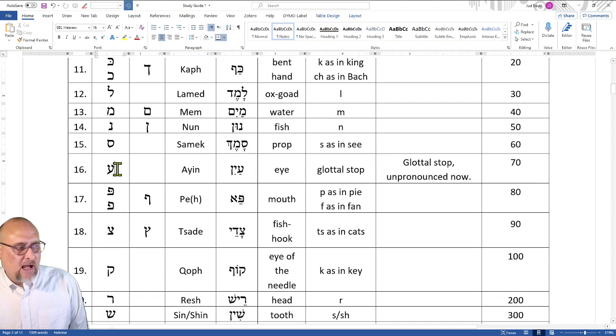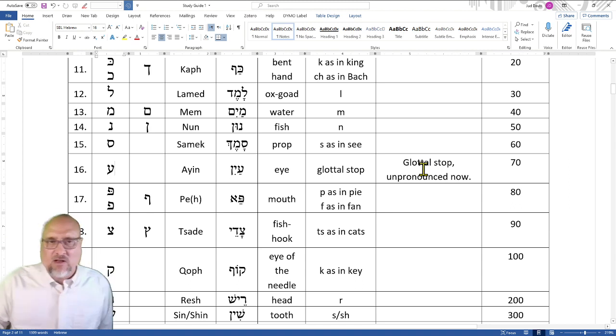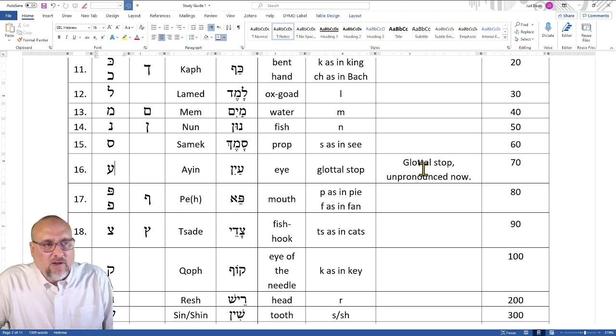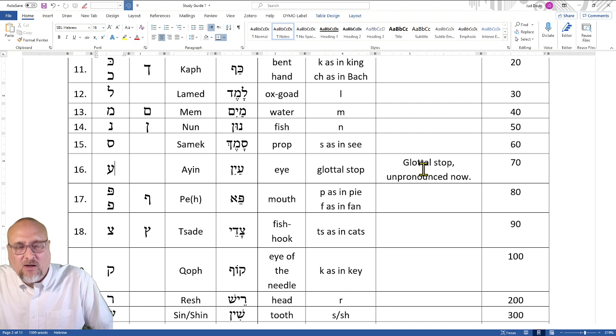And ayin is a more intense glottal stop. Most of the time when you learn Hebrew, they'll just say, don't even try to pronounce it differently. And I mean, that's what I was taught. And the problem is when you try to spell Hebrew words, if you don't make a difference,